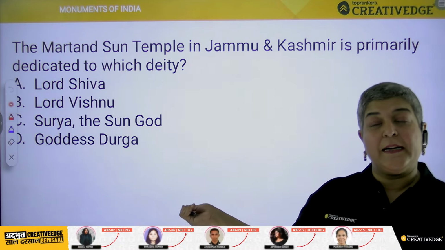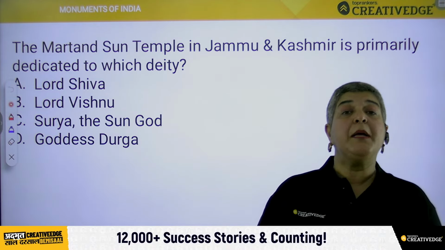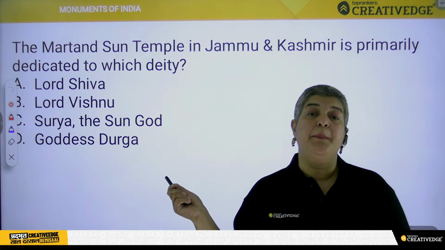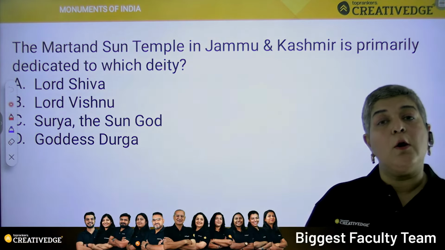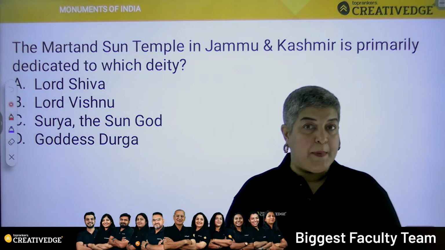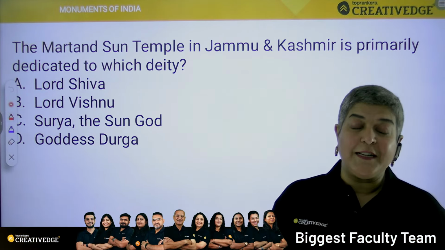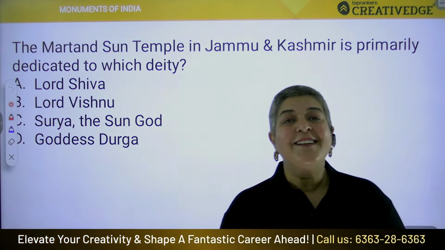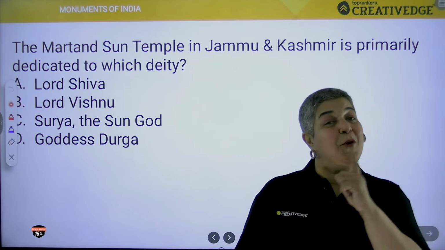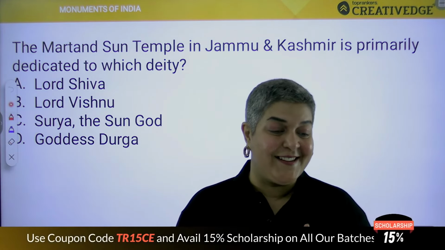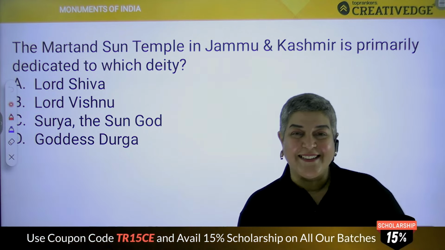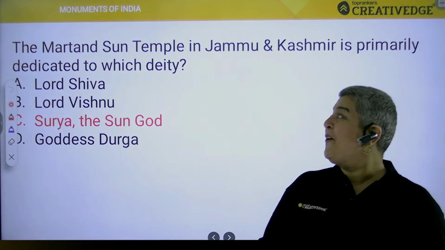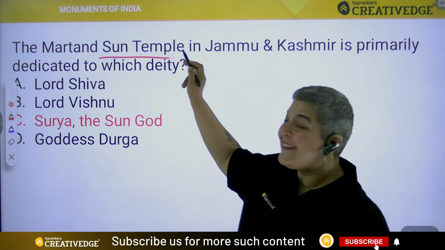हमने देखा था कि बटेश्वर टेम्पल जो है वहां पर मल्टीपल गॉड्स की मूर्तियां देखने को मिलती हैं, बट जो कोणार्क सन टेम्पल है वहां पर सिर्फ सन गॉड को डेडिकेट किया हुआ है वो टेम्पल। ओके, उसी तरीके से मार्तंड सन टेम्पल जो है, आई एम श्योर बहुत सारे लोगों को इसमें से आंसर मिल गया होगा। अगर नहीं मिला तो बहुत बुद्धू हो आप लोग, ठीक है, अच्छे से पढ़ाई नहीं कर रहे हो। ऑलराइट, सो द मार्तंड सन टेम्पल इज डेडिकेटेड टू सूर्या द सन गॉड। गाइस यहाँ पे लिखा हुआ है द मार्तंड सन टेम्पल।